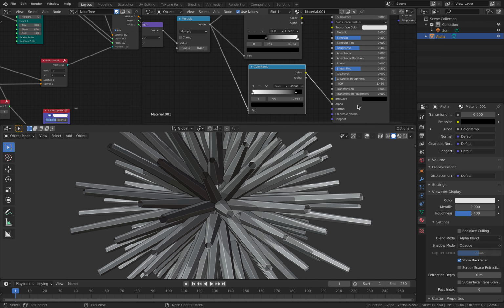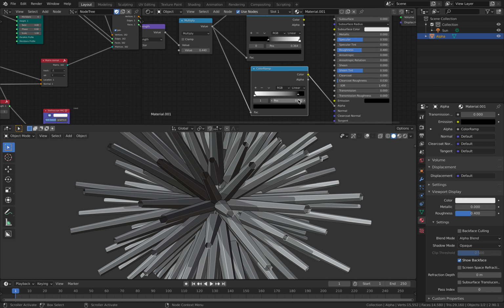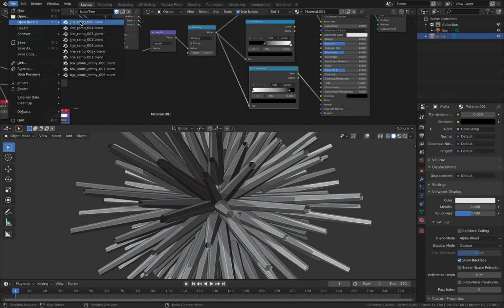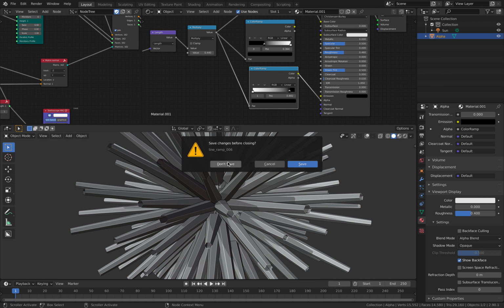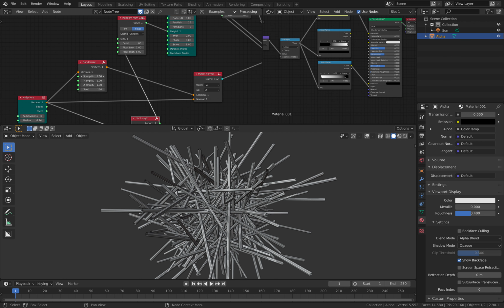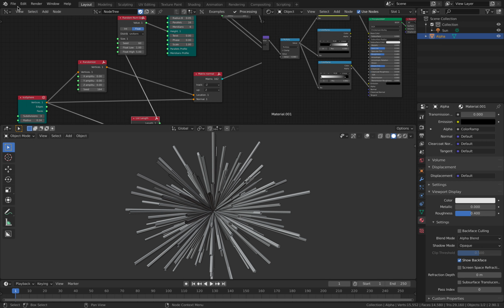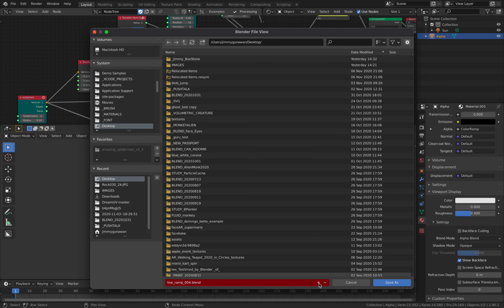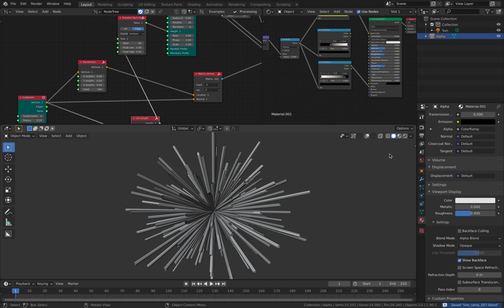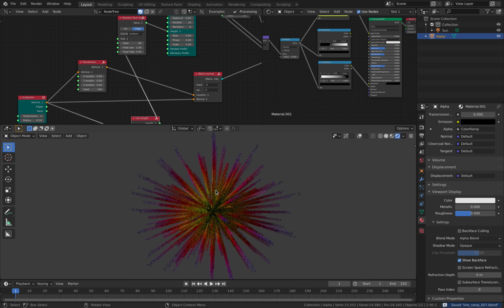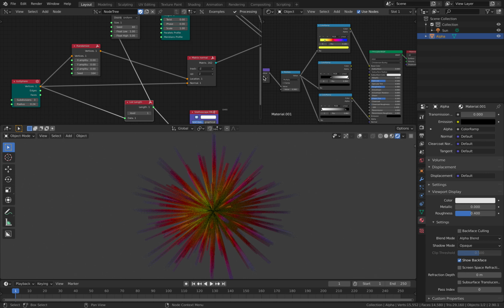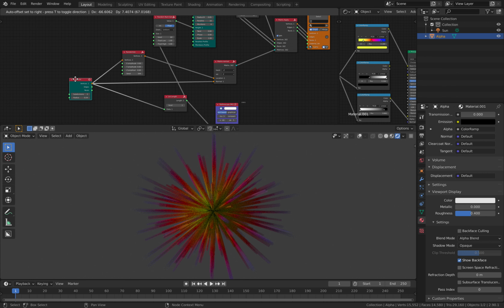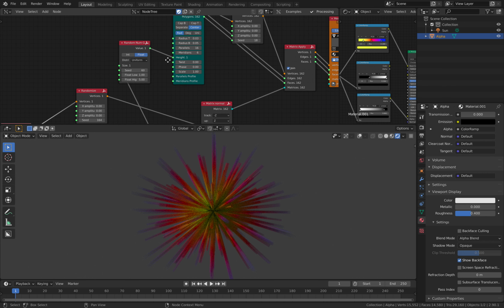I'm also controlling the alpha of each cylinder over here. So if we go back to the original setup, if I get rid of the randomizations, save as, we have something that's similar to Blender hair or fur rendering. So with the setup itself, let me explain again. I started with an icosphere, and I'm instancing a bunch of cylinders